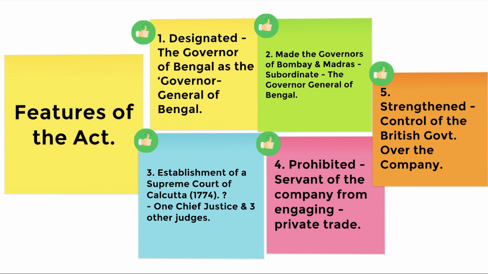Now with this they also created an executive council of 4 members, and all these 4 members will assist the Governor General of Bengal to control and carry out the working of the East India Company. And the first such Governor General of British East India Company in India was Lord Warren Hastings. So he became the first Governor General of Bengal as well as Governor General of India of that particular time